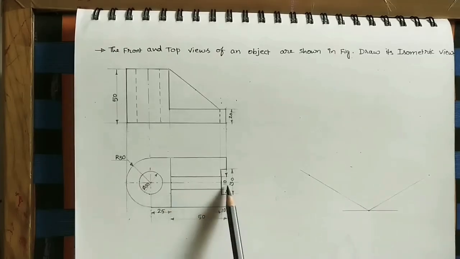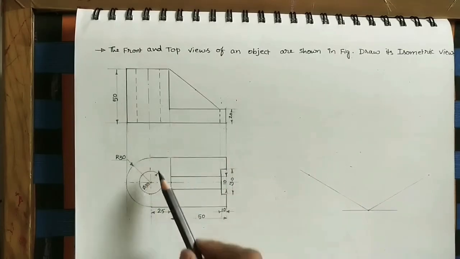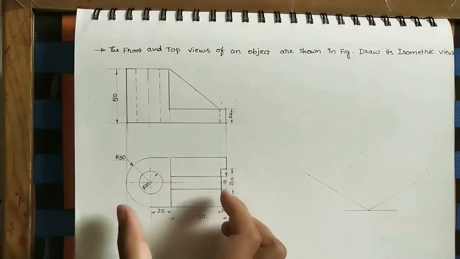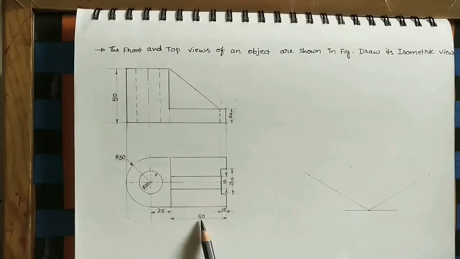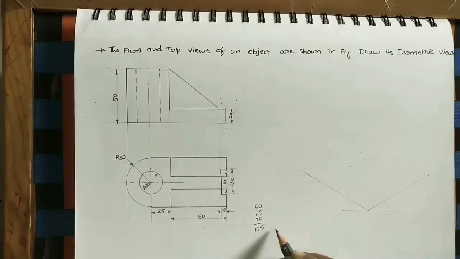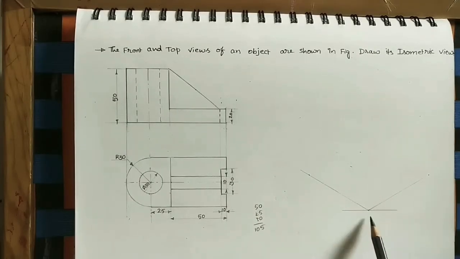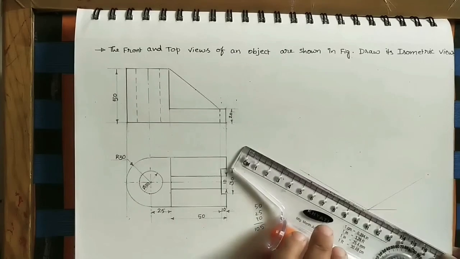What is that entire length? Because we are taking projectile lines here, whatever width is there here, same width here also. This value is radius, it is 30 mm. So take the sum 50 plus 25 plus 30, 105 mm, which is 10.5 centimeter. So at one side of this point mark this length.